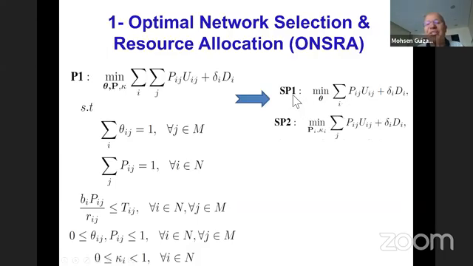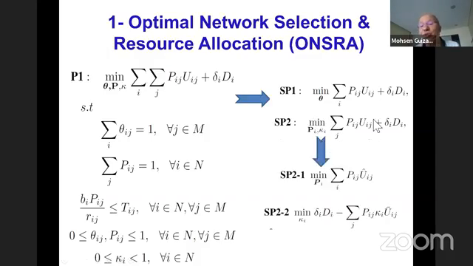So we have to subdivide it into subproblem 1 and subproblem 2 in terms of minimizing based on the distortion and based on the network, as you can see in SP1 and SP2. SP2 is still based on the distortion and the probability of distribution. So we can subdivide it into another subproblem 2.1 and subproblem 2.2, as you can see here. The whole problem is subject to these conditions,